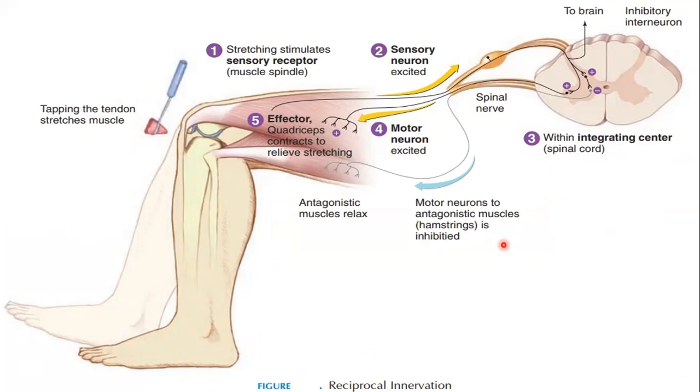So what reciprocal innervation basically means is, suppose there is the excitation of one group of muscles, and there is often an inhibition of another group of muscles. Means there is one group of muscle that is in excitation and another which is in the inhibition part. Then the stretch muscle reflex exists on one side, and it often stimulates or inhibits the antagonist muscle reflexes. This phenomenon is known as the reciprocal